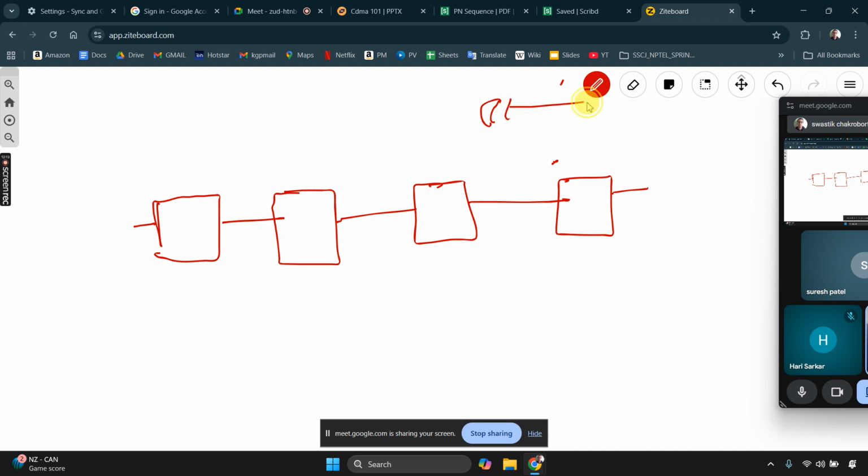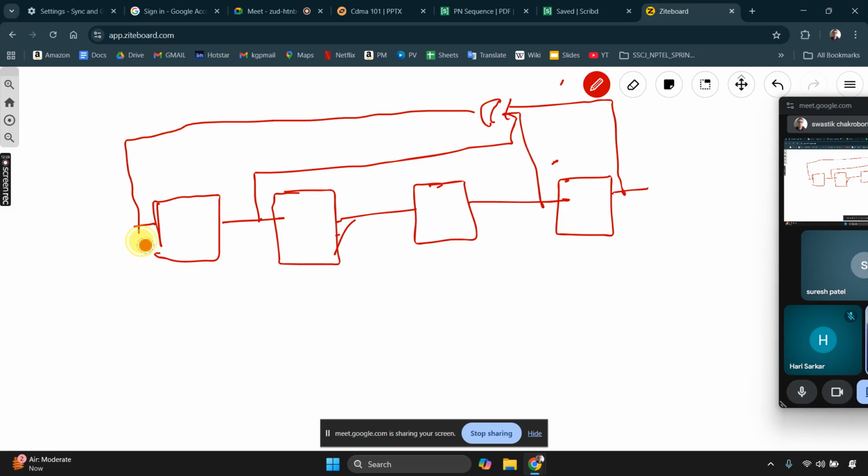So let's say we take this, and we take this, and maybe we take this, but we don't take this, and we feed back the XOR to here. So this we assign 1, then this is x square, x cube. So we say that the generator polynomial